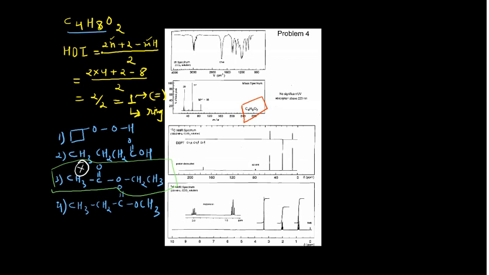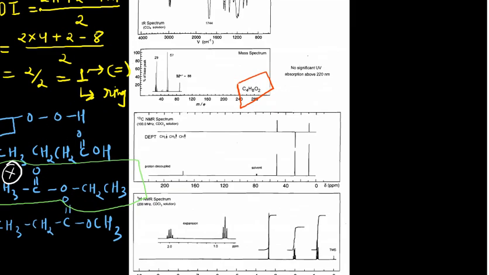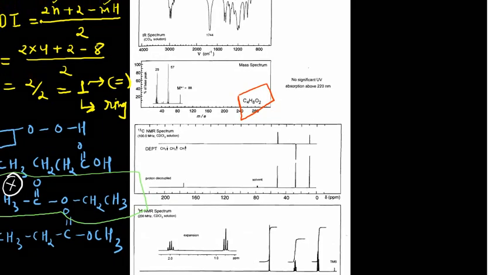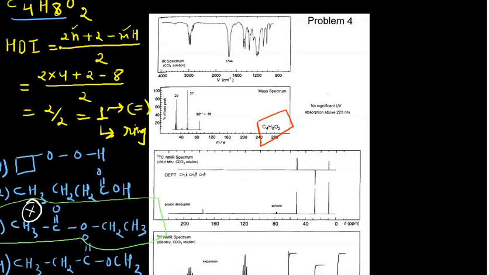And then we can ignore other possibilities also. But before ignoring those possibilities, I am giving you a certain idea here. In that case, check your IR spectrum. This is your IR spectrum, and if you think your molecule has a hydroxyl group, like I have written in that case, there should be a band in this particular region for the OH group. But this is absent, it is not there. That means these two possibilities you can discard.